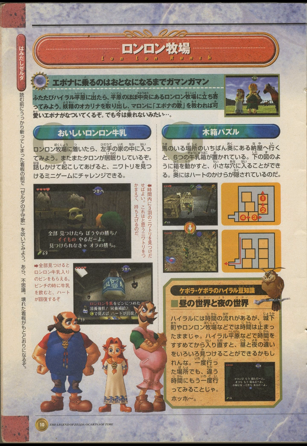Finally, there is a section titled Kaepora Gaebora's Hyrule Trivia about the world of day and night. It explains that while time flows in Hyrule, it is stopped in places like Castletown and Lon Lon Ranch. To experience the differences between day and night, you need to advance time in areas like Hyrule Field and then re-enter locations. It suggests revisiting places at different times to discover new things. The screenshot shows a dialogue indicating that Malon and Talon are already asleep and that you should come back when